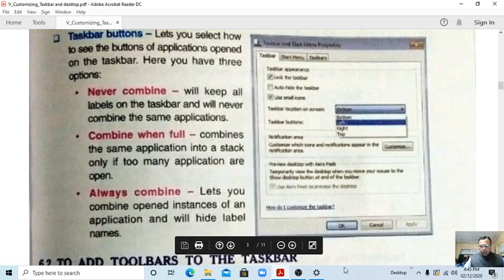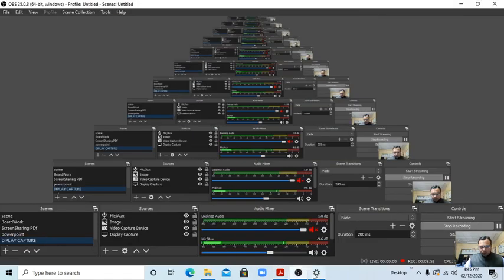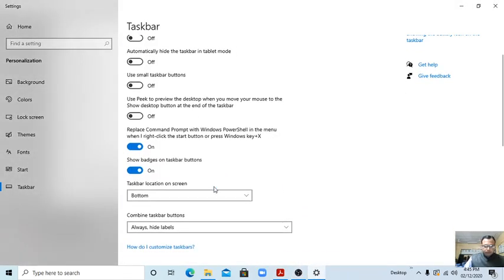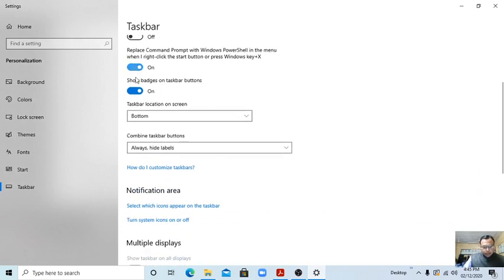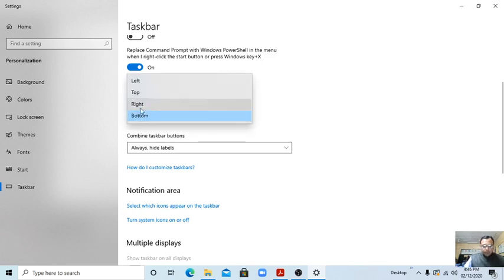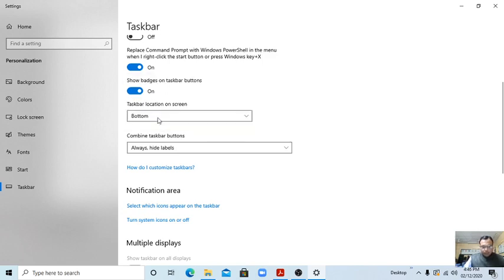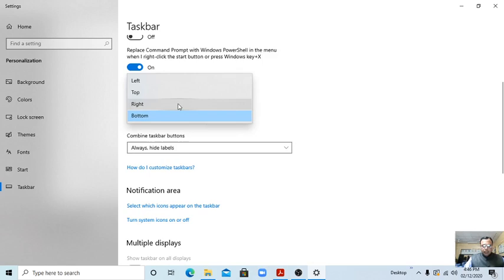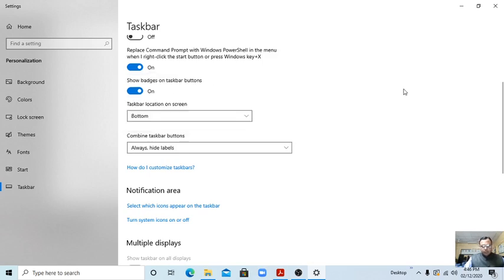Students, you can see here taskbar buttons. Taskbar location on screen: you can see right, top, left. Here we are showing the taskbar is at the very bottom, so it's showing bottom. If you click on right, top, left, it will go to that side, that place.